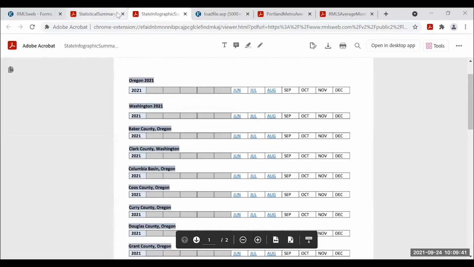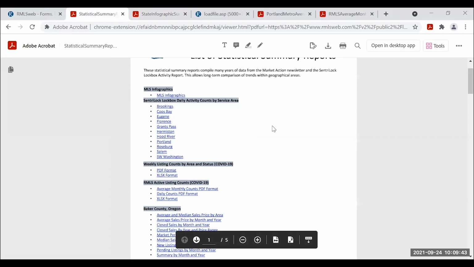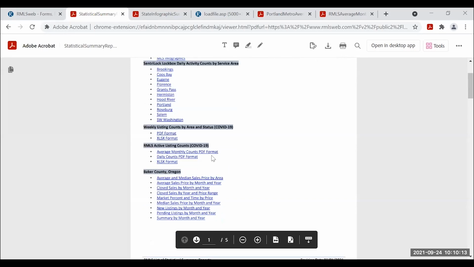Okay. They also, on the statistical summary report, they do have a central lock breakdown by service area if that's of interest to you. And then when COVID started happening last year, people asked to get a weekly listing count for all of our territory, all of our MLS area numbers by status, so you could see each week how many active listings are there, how many coming soon, no showing listings, how many pendings. So you can feel free to take a look at that. You can export to Excel. You know, we're kind of coming out of it, and a lot of people actually last year had one of their best years as far as transactions, which is just crazy.